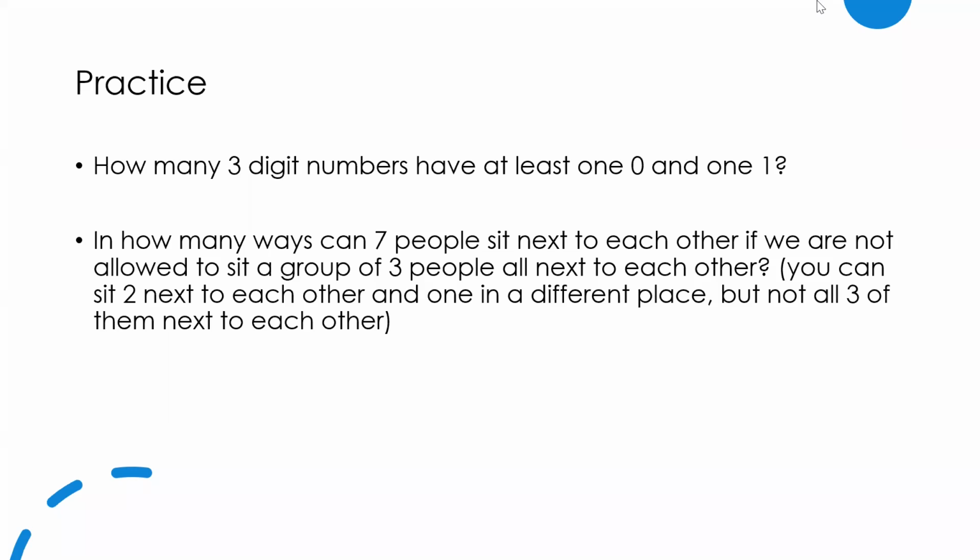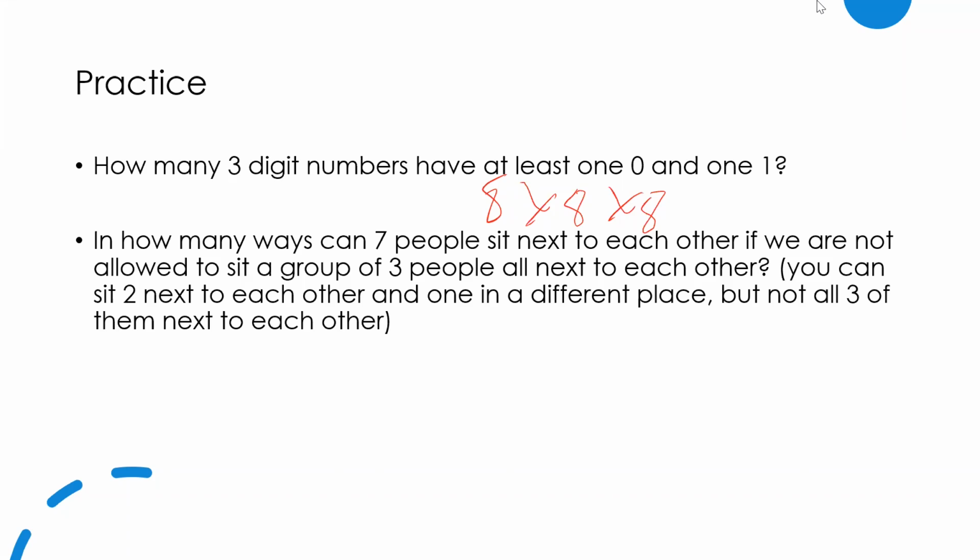So here we want to count what we don't want to count. We can rewrite the problem as: how many three-digit numbers have no zeros or ones? Basically it would just be 8 times 8 times 8, since you can't have any zeros or ones. We're counting what we don't want to count here. This is complementary counting. And since there are only 8 possible digits for each slot, 2, 3, 4, 5, 6, 7, 8, 9,